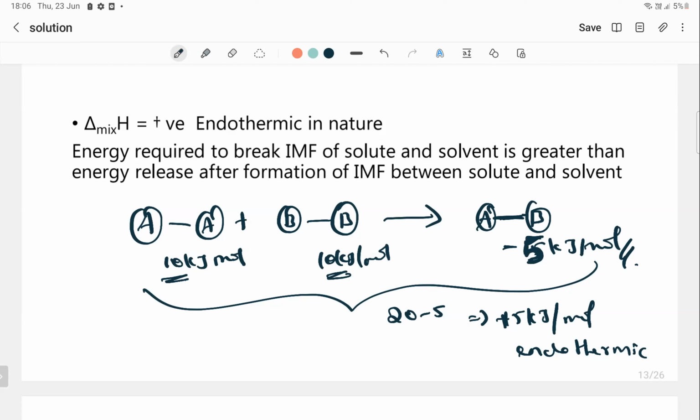You're talking about the del H enthalpy value, del P minus del R, you're looking at it that way? Why do you want to see that? Only the net change we need to calculate, right? We are only seeing how this delta H mixing is happening, the change in energy. Why are you going to the formula? If you go to the formula, in some cases it will be del P minus del R, in some cases del R minus del P. So just take this one: when your energy is getting released,